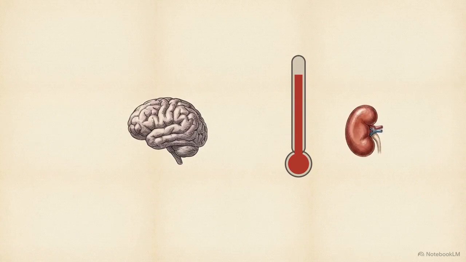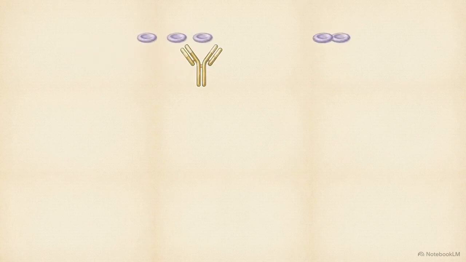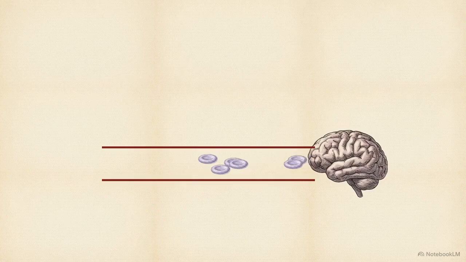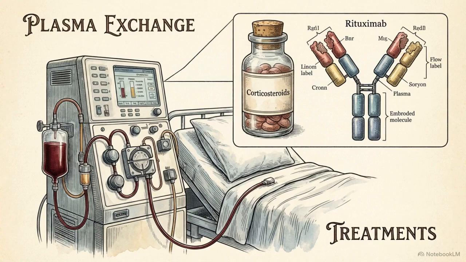In TTP, acquired autoantibodies neutralize the ADAMTS13 metalloprotease. This enzyme normally cleaves von Willebrand multimers into smaller, non-obstructive pieces. Without ADAMTS13, the multimers grow to massive lengths, trapping platelets systemically and occluding blood flow to the brain and gastrointestinal tract. Treating TTP requires emergency plasma exchange to remove the autoantibodies and replace the missing ADAMTS13, often combined with corticosteroids